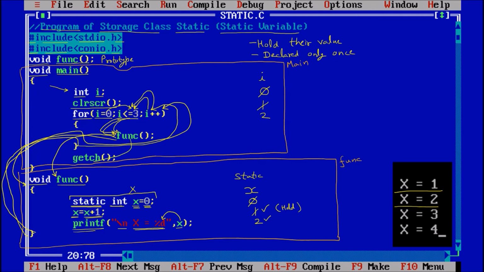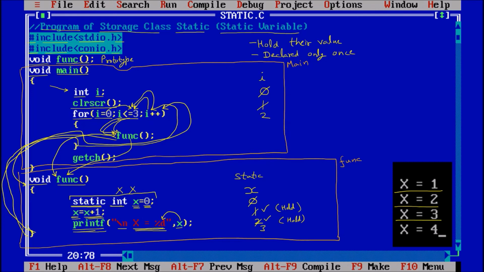We know that static int x = 0 has no meaning, because it is already declared and holding the previous value. So the value 2 will hold, the latest value is on hold. x = x + 1, so the new value is 2 + 1 = 3. Printf x = %d, so x = 3 is printed.